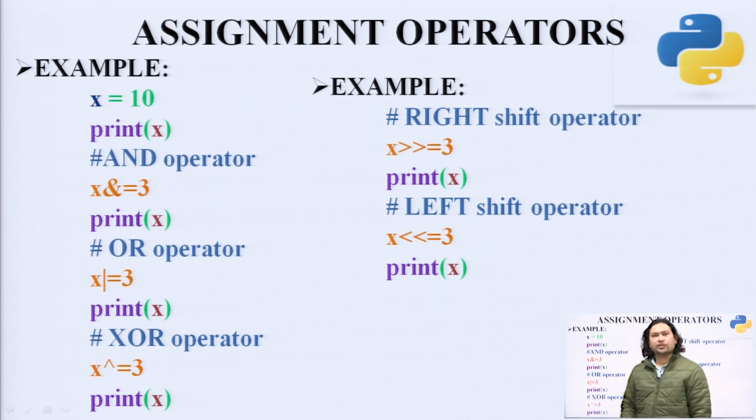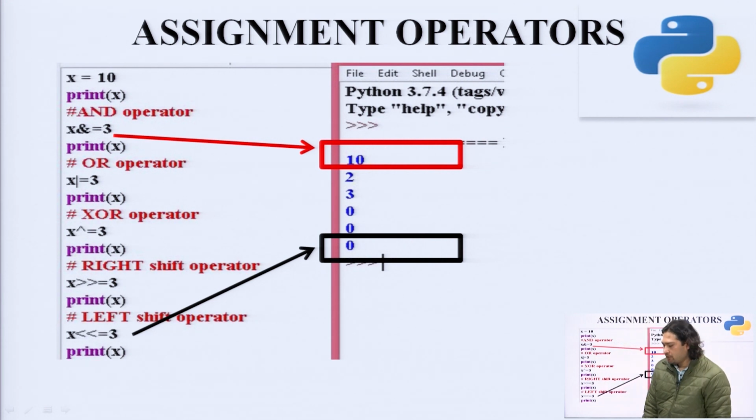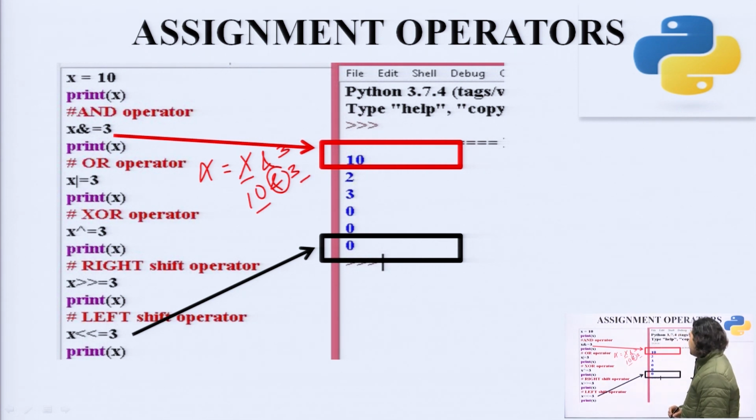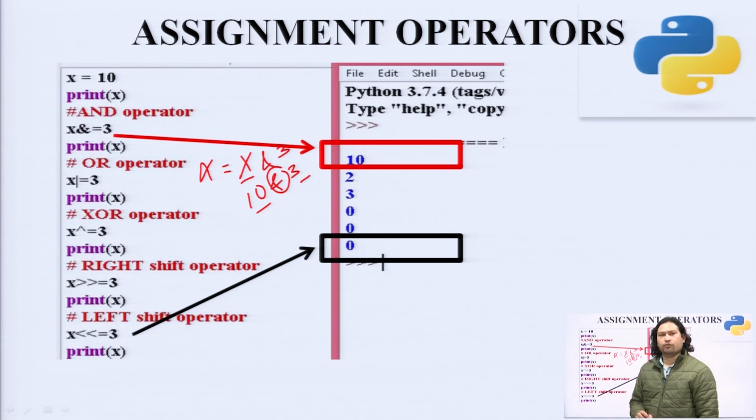Similarly, these are the bitwise operators, which we will cover in detail in the bitwise operation section. For the time being, let us just look at the output of this program. Here you can see that x &= 3 is deduced as x = x & 3. The x value is 10. So, AND is the operation between these two operands, and the answer for this one is 10. Similarly for the left shift and the right shift.